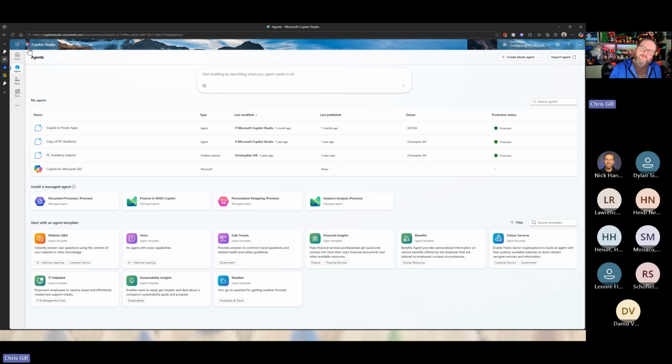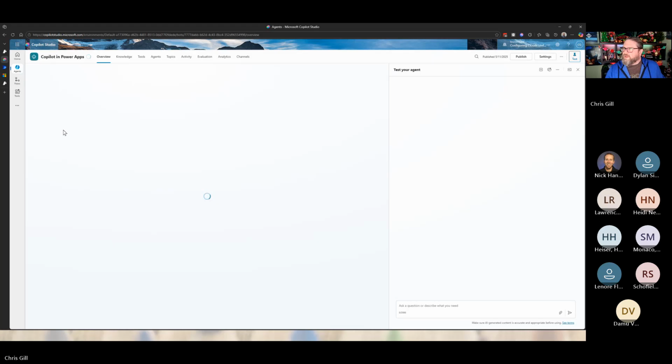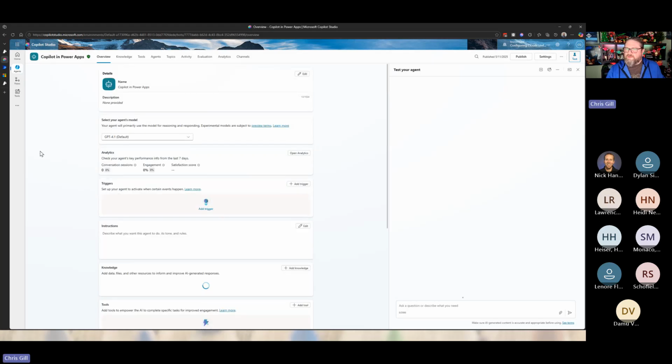So purple, that little purple wrap for Foundry, and then this little almost like a folder set for Copilot Studio. I'm sure there's a better name for it. So if anybody from Microsoft is watching, don't accost me for that name. But I'm going to go into Copilot and Power Apps. And I just really want to talk about some of the settings.